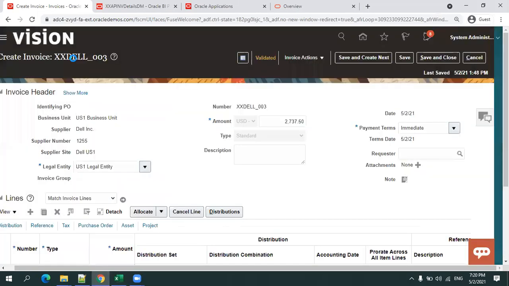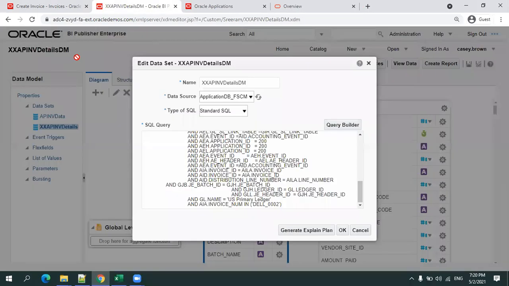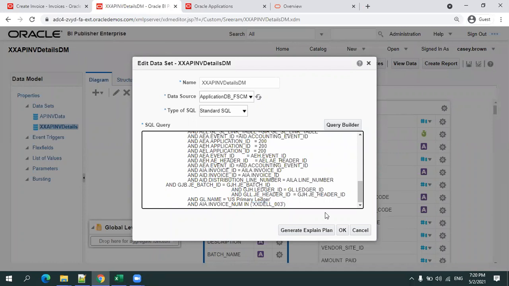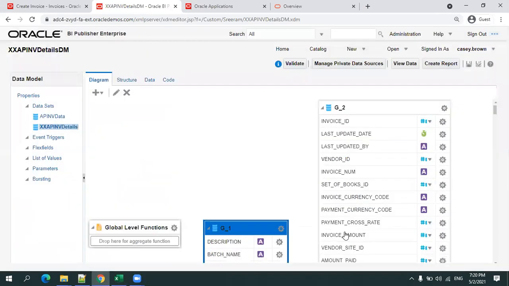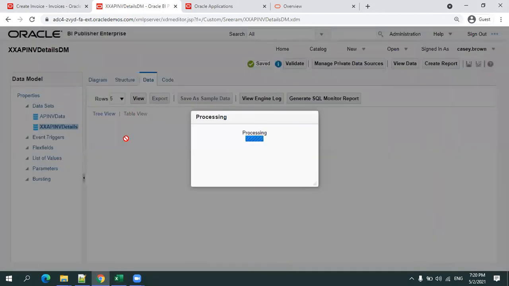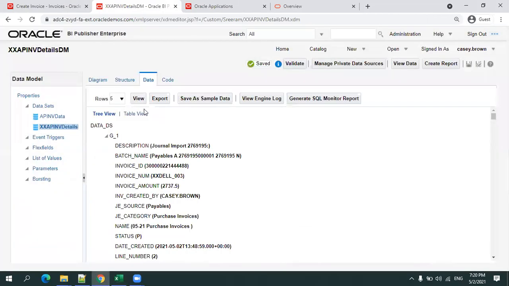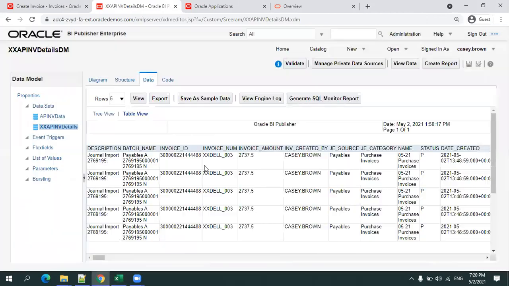Let me copy the invoice number. Save data. I want to get the batch name. Okay, GL batch name. Just search the batch name. Yeah, so this is the GL batch name, nothing but the batch in which our invoice was posted.